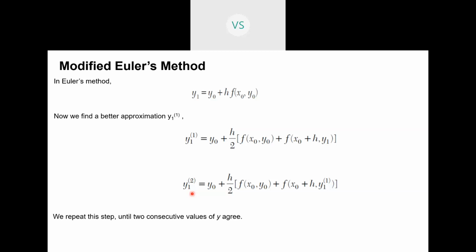Like we have obtained y11, y12, then we can obtain y13, y14. So if you have gone for y14, then you have to check accuracy over here. y14 minus y13 should be less than the accuracy. If that accuracy gets satisfied, that is your final value of y1. The last value that you are getting, suppose it is y14, is the final value of y1. We'll come to know what exactly modified Euler's method is when we solve an example based on this.